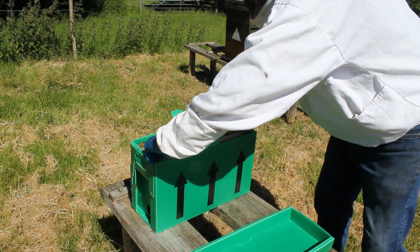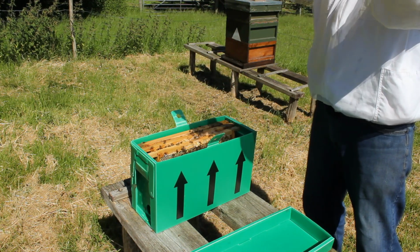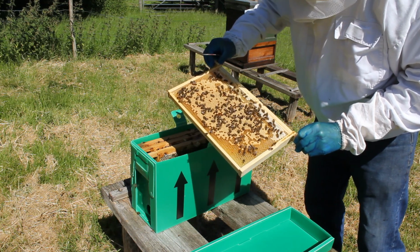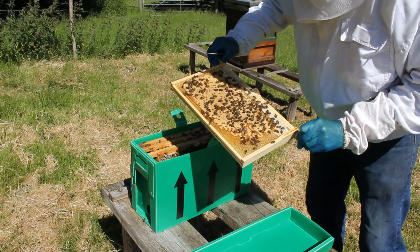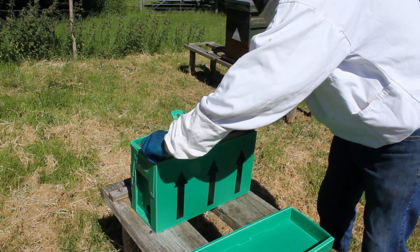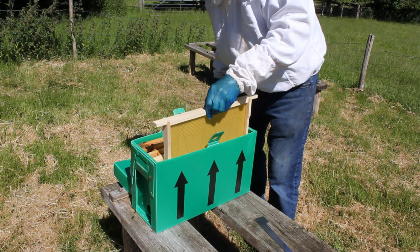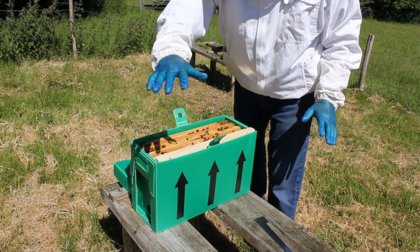So we've got 3 frames of cat brood in there, so this is really going to take off, I should think. We've got 3 frames of cat brood, so put another brand new frame in there, and what we'll do is I'll put another hive here and maybe something